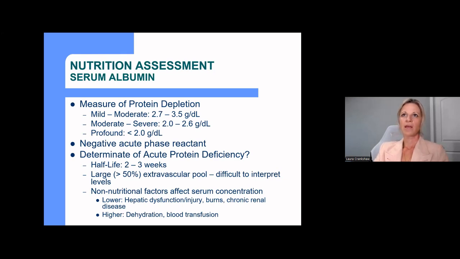It's very helpful if we can look at labs, look at protein values in the blood to help us determine if somebody is malnourished. And historically, things like serum albumin, transferrin, pre